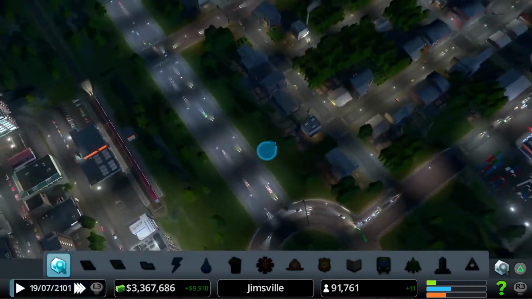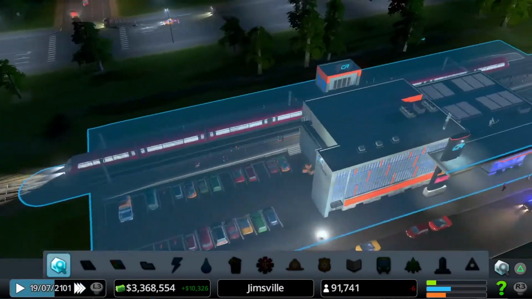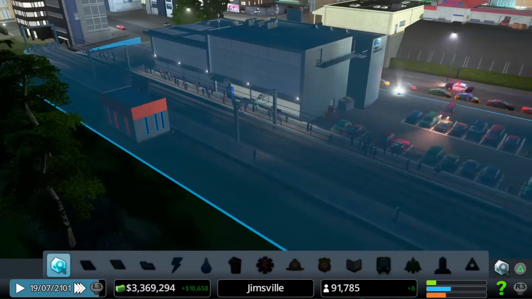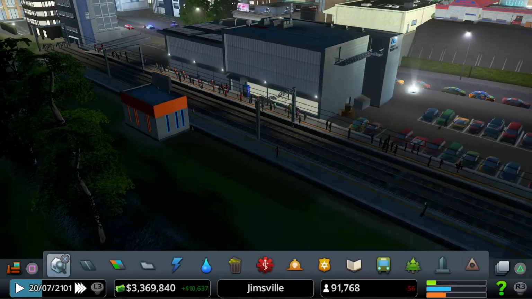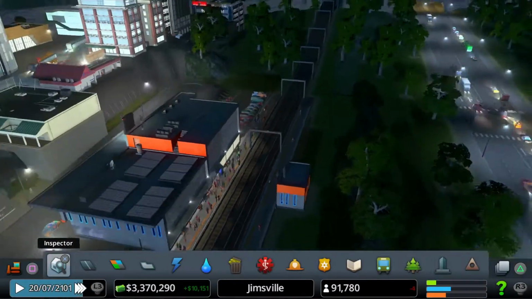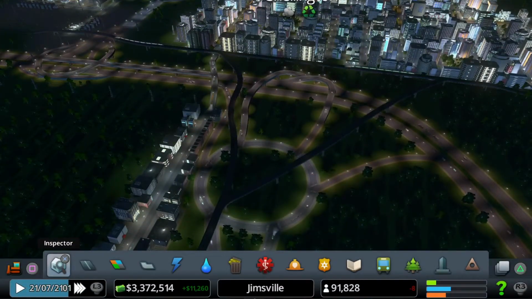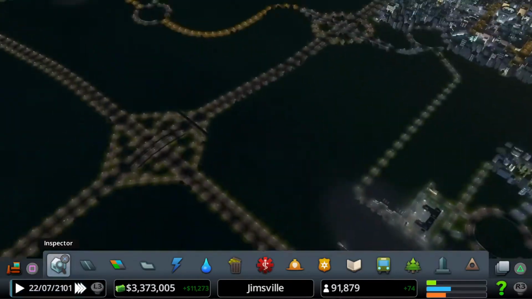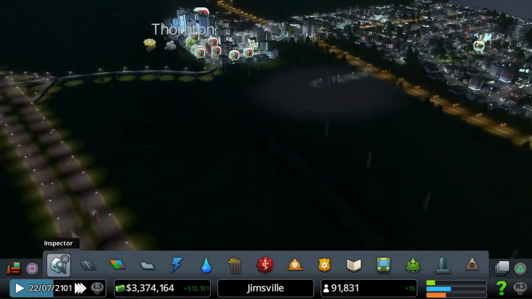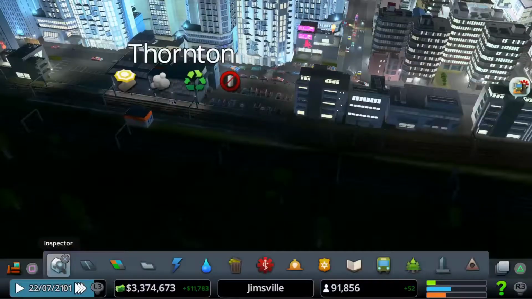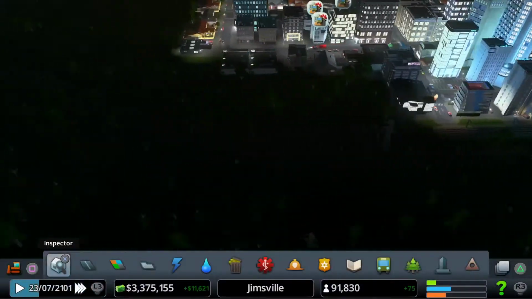But better than it was. And you can see we've got a train here at our station. We've actually got some passengers waiting on the line. Everything seems to be working nicely with our rail connection. And we've got a passing loop over at this station here as well, so we don't have any issues with trains stacking up just there.